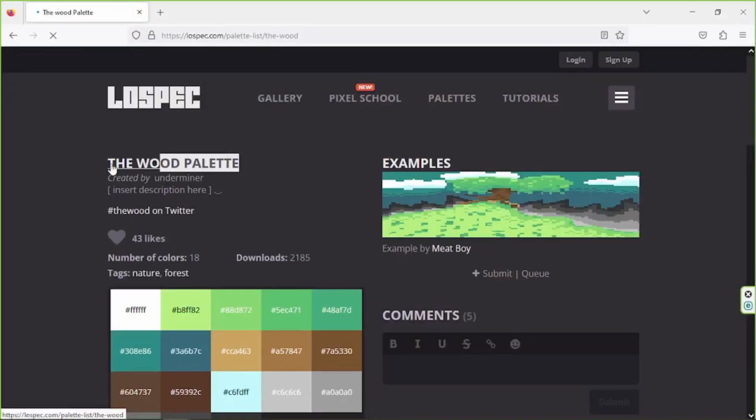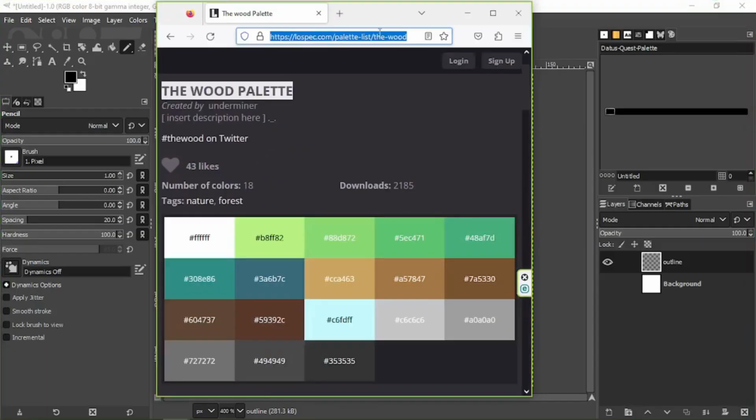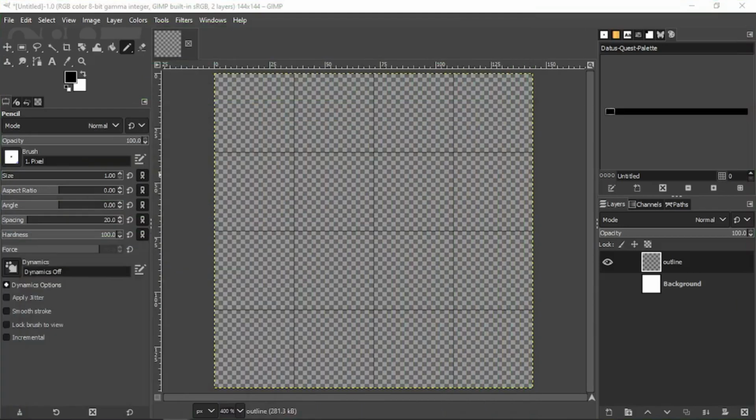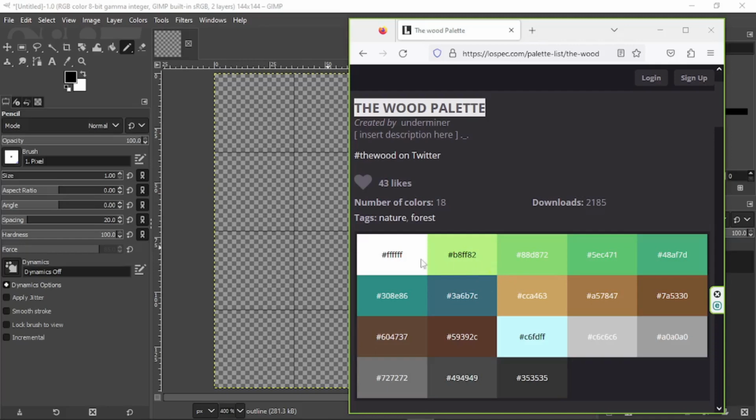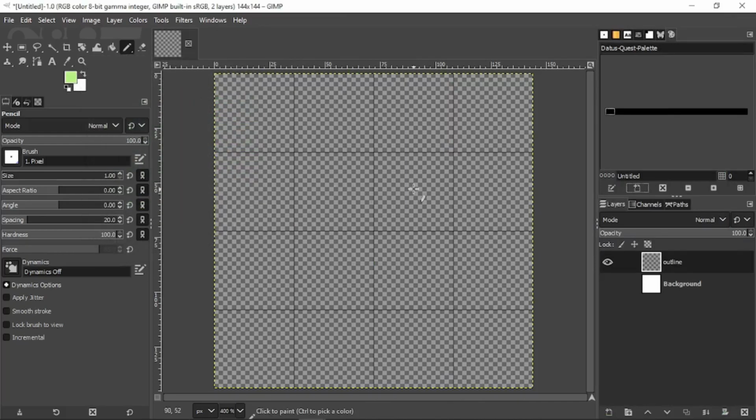I think this is a good site, Lospec. There we have the wood palette. And let me just open my notepad here. I'm going to get this link here. Going to put that on. We have our palette now, so let's just go get some of the information here. Let's put that here, click that OK, and then add